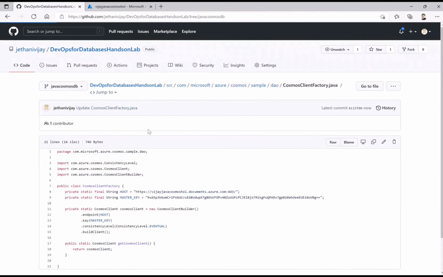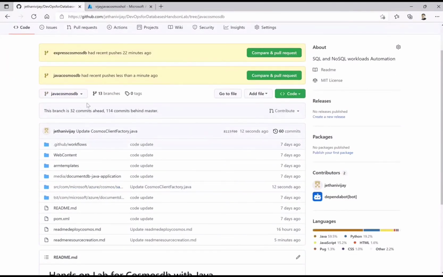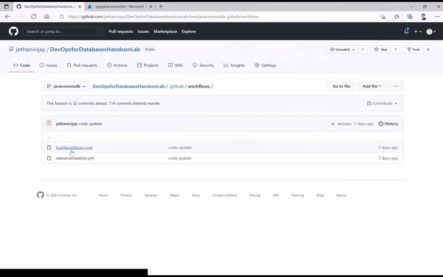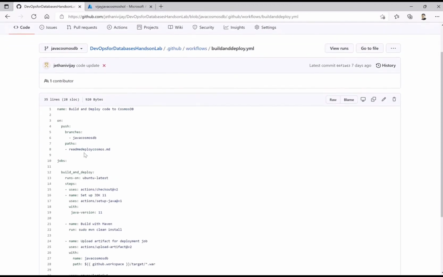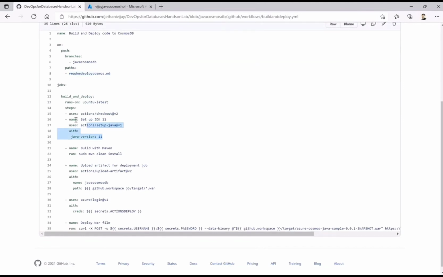So now I'm good to go ahead and run the other workflow, which is for build and deploy. For that workflow, I need to do the trigger on the readme deploy Cosmos. What it does, again, is set up the version for Java, and I'm using Maven for the project POM deployment.